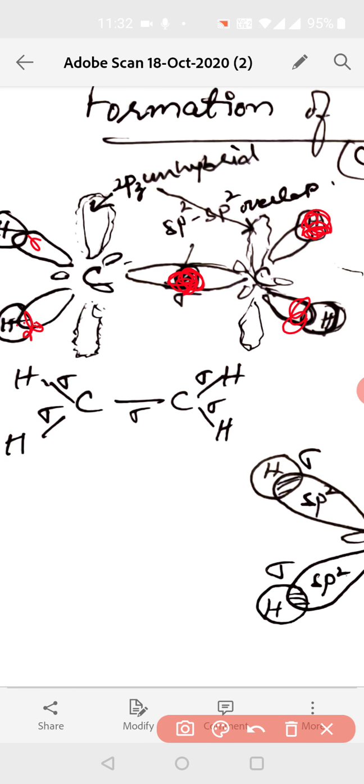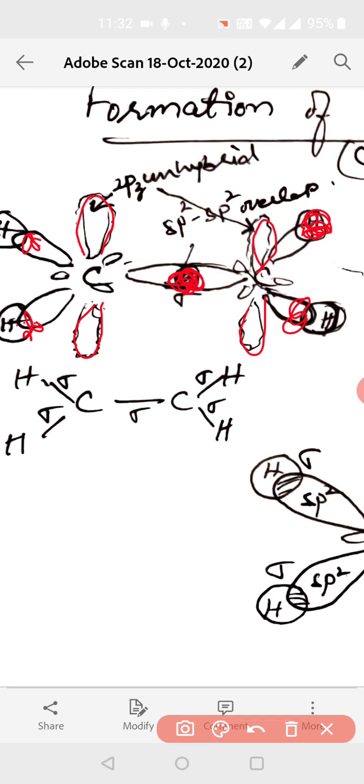So there are 3 sigma bonds formed by each carbon, and the dotted orbital is 2pz that remains without any bonding. Then these 2pz orbitals, one on this carbon and one on the other carbon, overlap sidewise